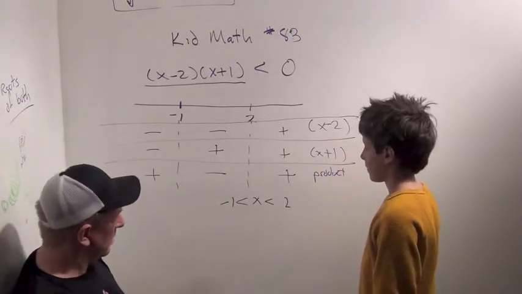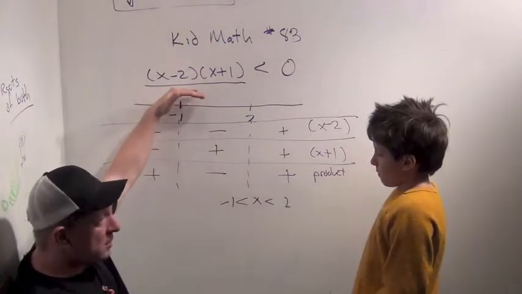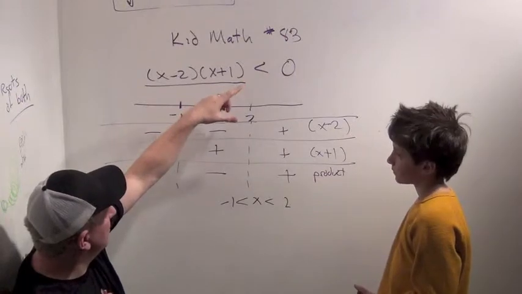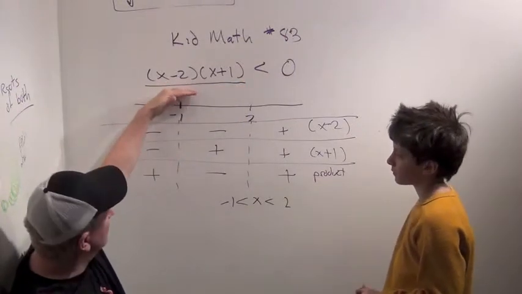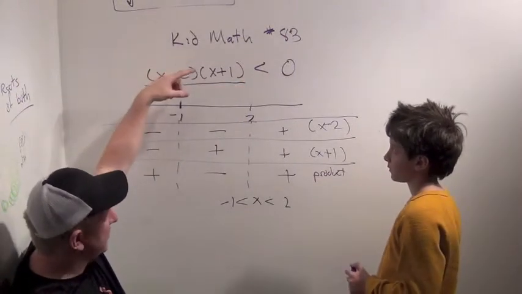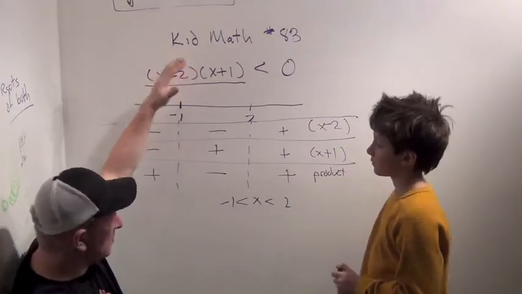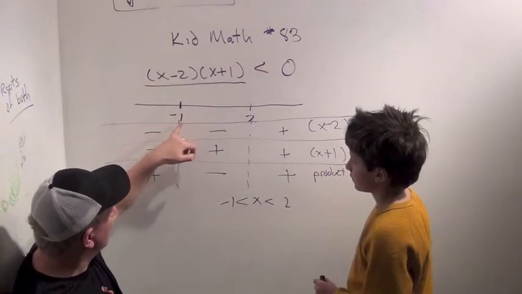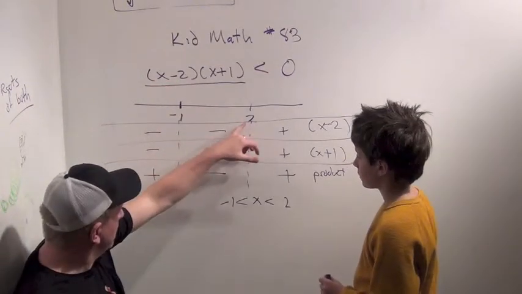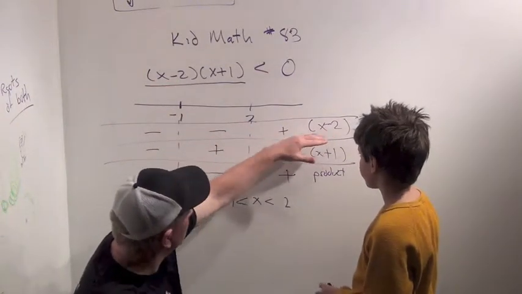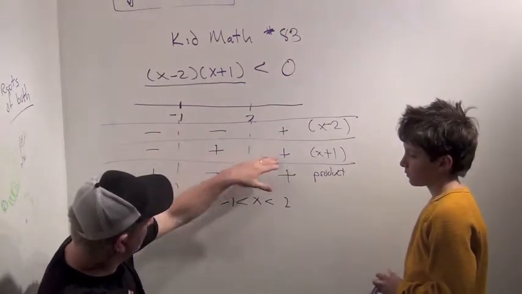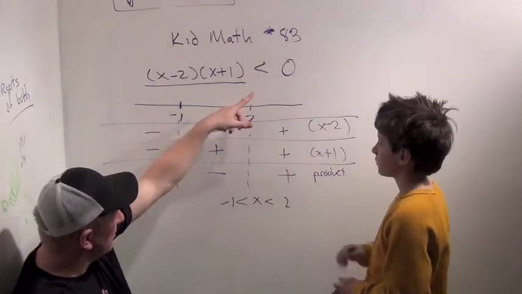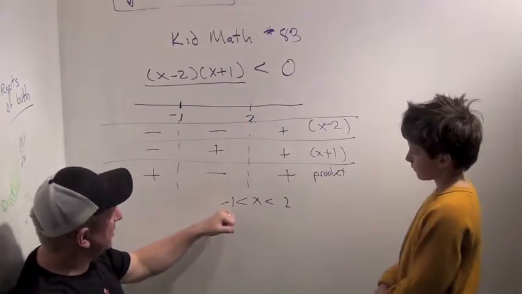Very good. So, combining KidMath 82 and KidMath 83, we have this expression that started out as x squared minus x minus 2 is less than 0. We factored it. We found these important points where this was 0. And then we looked at each individual expression and found when it was positive and negative. And then we were able to determine that the product was negative, which is what they were asking for, in between -1